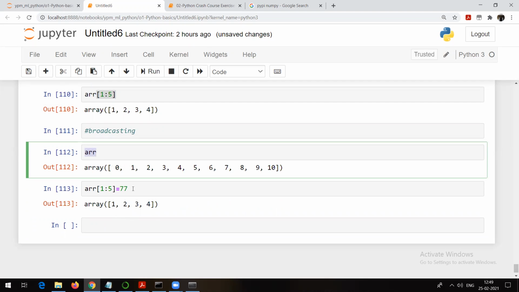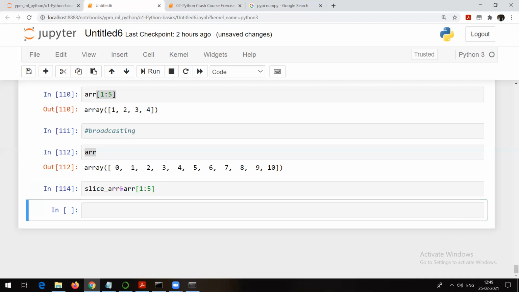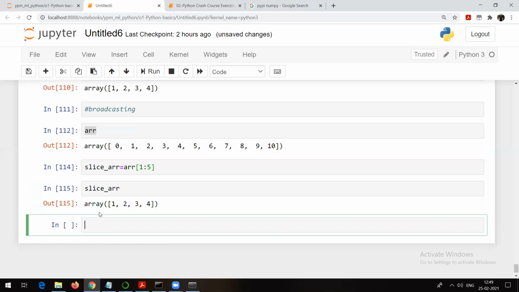But what I will do is, I will assign arr[1:5] to some variable, maybe slice_arr. So slice_arr is equal to arr[1:5]. This array will have 1, 2, 3, 4. Let me run it. Right? If you now check slice_arr, this is 1, 2, 3, 4.